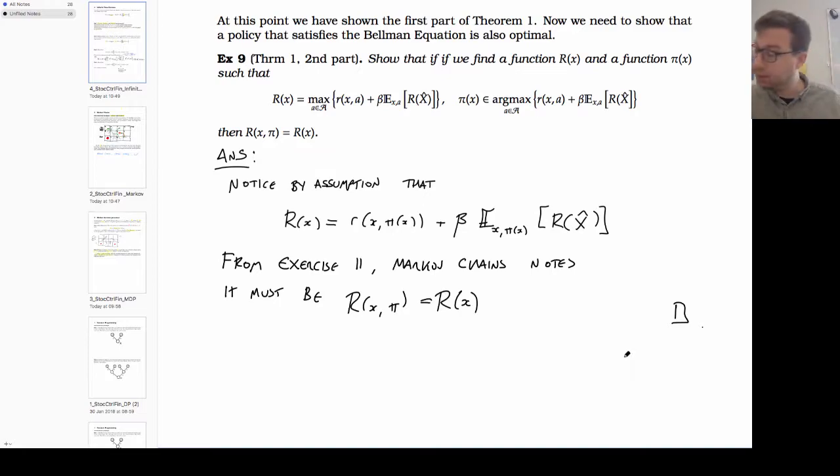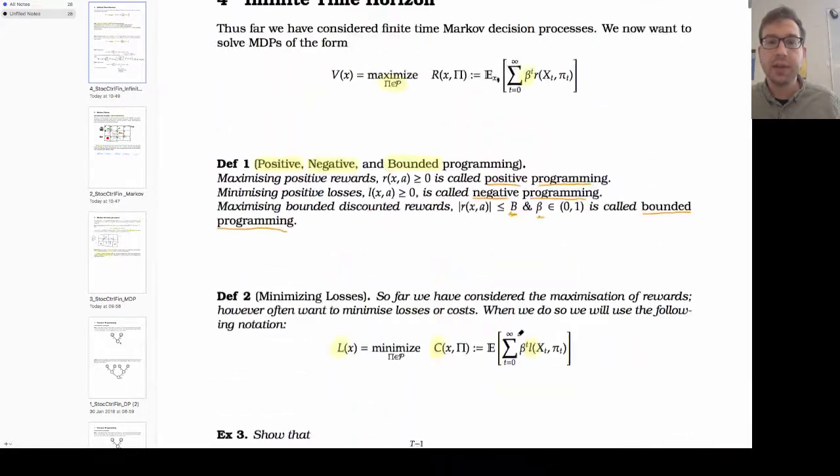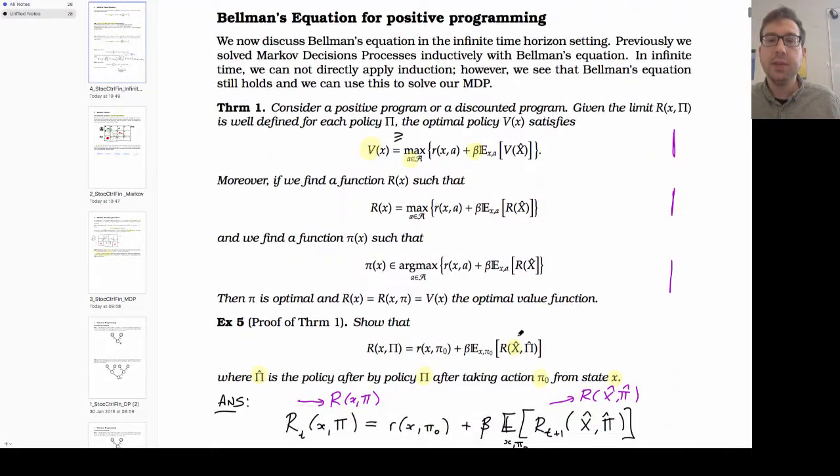So we're part of the way through. I'll recap next time, but let's just quickly remember where we are. We nearly proved this theorem. We've got this with equality here. We said if we can find a function R of policy pi, then this holds, that R of x is equal to R of pi. And the very last thing we need to show is that it's equal to v. Just that little red line is what we're left with to prove. We'll do that next week. Thanks for coming. Cheers.